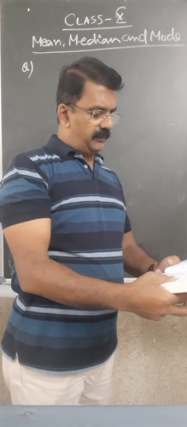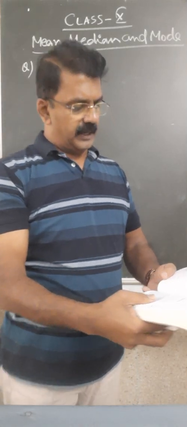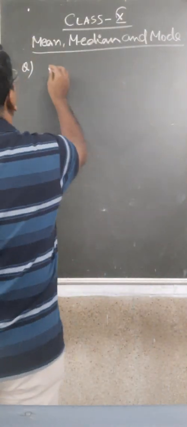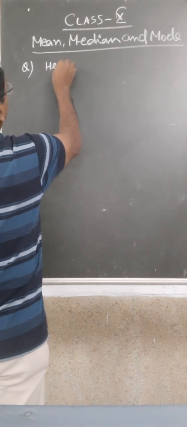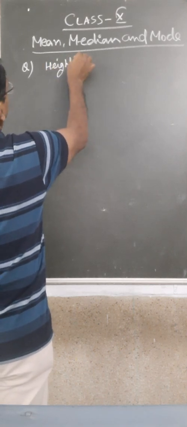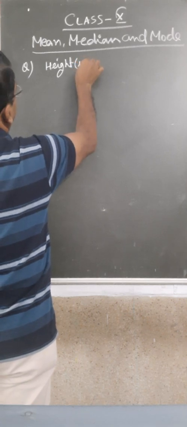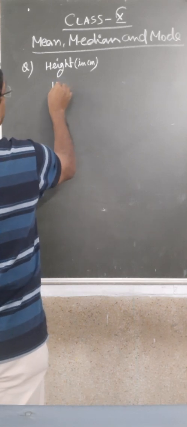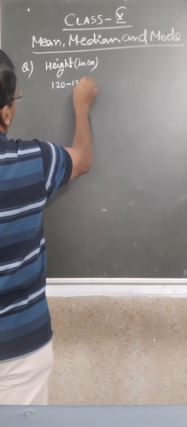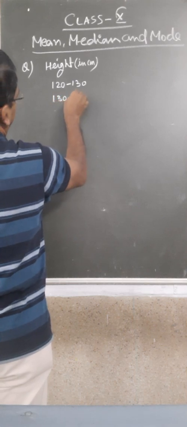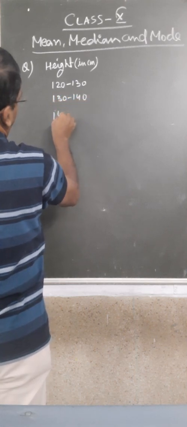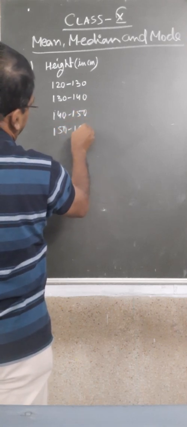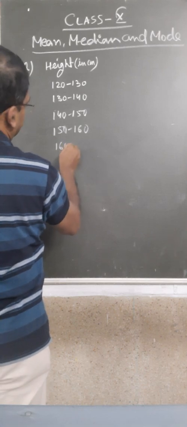The heights of 50 girls of a class are given in a table. Height in centimeter: 120 to 130, then 130 to 140, then 140 to 150, 150 to 160, 160 to 170,